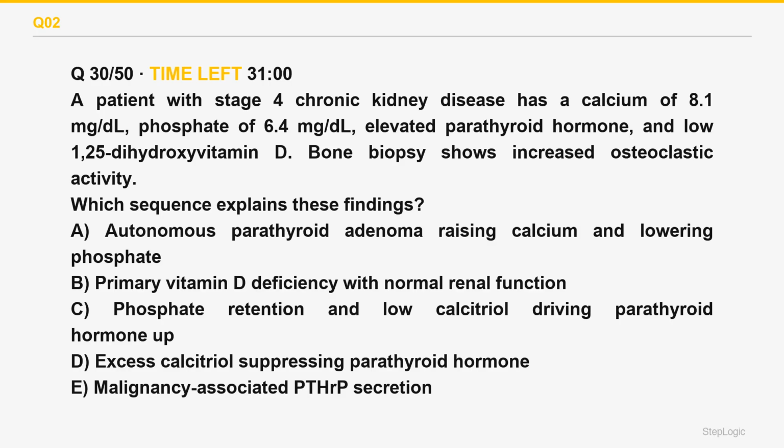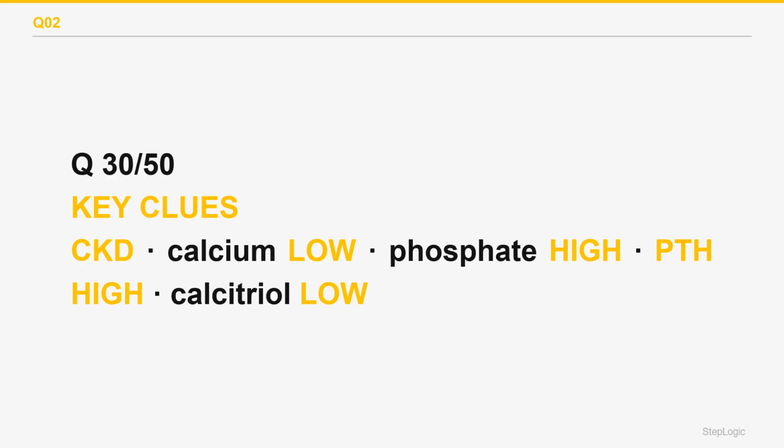Read the command, sequence explaining the findings. The pattern of calcium, phosphate, and parathyroid hormone identifies which link in the chain failed. The failing kidney does 2 things at once. It cannot excrete phosphate, so phosphate accumulates and binds calcium, lowering it, and it loses 1-alpha hydroxylase activity, so